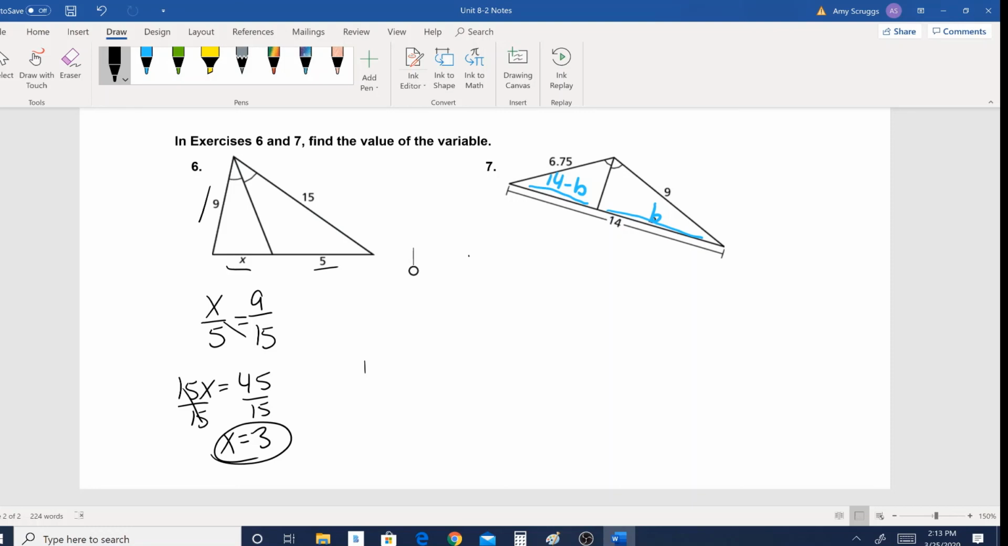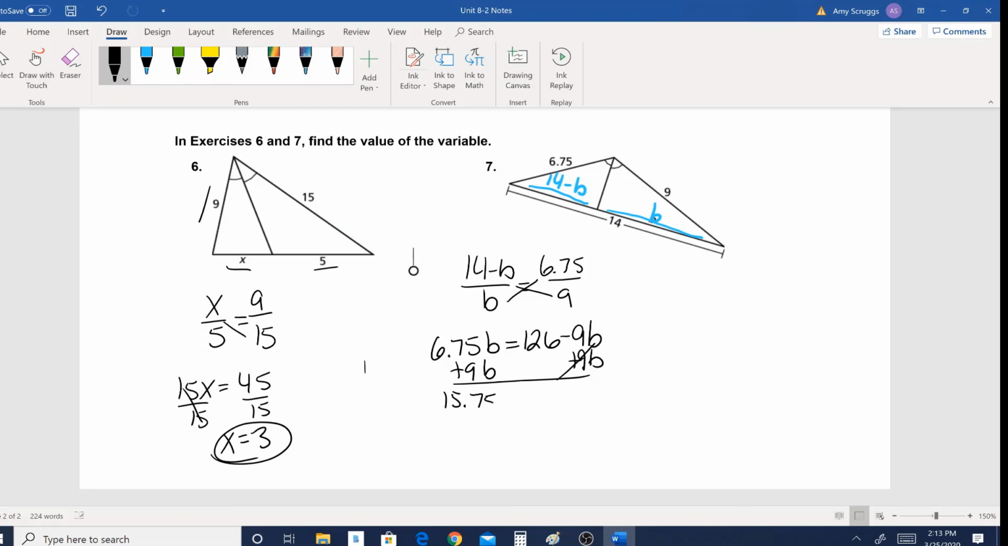But once we've got this done, you can say 14 minus B over B is equal to 6.75 over 9. Cross multiply, so 6.75B is equal to, and I'm going to go ahead and skip this step because hopefully you know, but you do have to distribute the 9 to both numbers. So 14 times 9 is 126 minus 9B. Okay, we need to get B on one side, so let's add 9B to both sides. That'll give us 15.75B is equal to 126. And then if you divide both sides by 15.75,